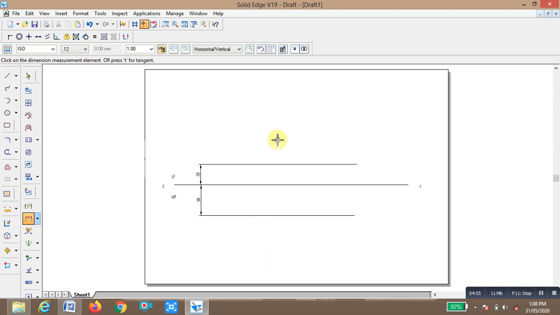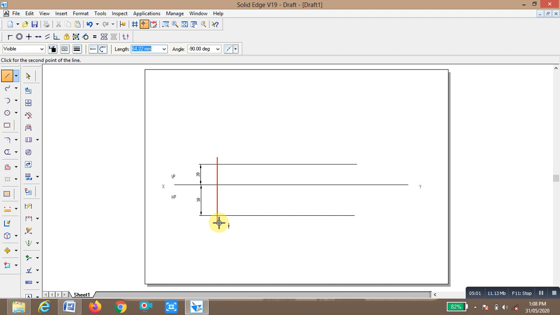Now I want to draw one line. These are the reference points of the line AB of length 80 mm. This is the point A. In the top view it is A, and in the front view it is end A. Select the line thickness 0.5 mm. The true length of the line is given, so this line is 80, enter, that makes an angle with the HP of 30 degrees, 30, enter.